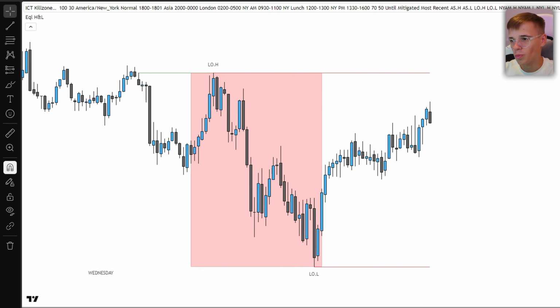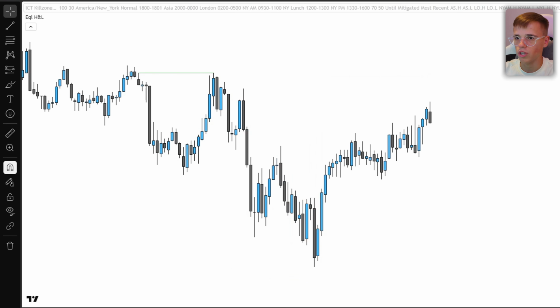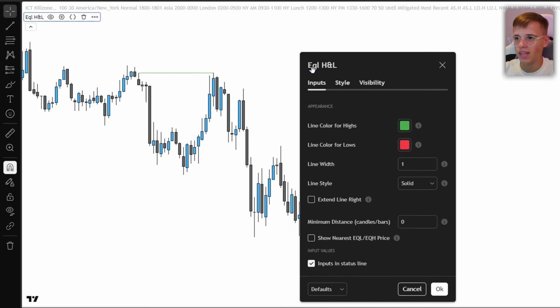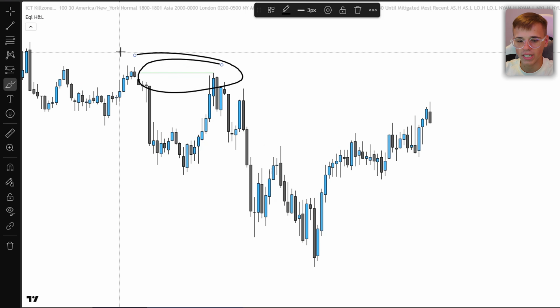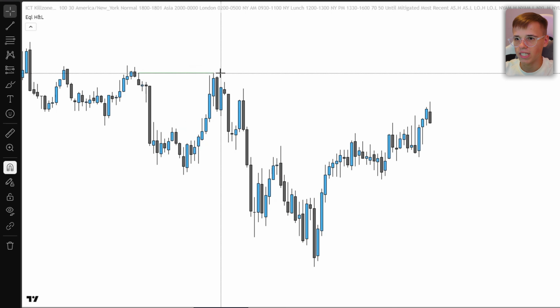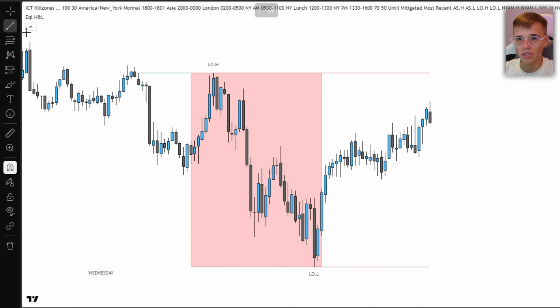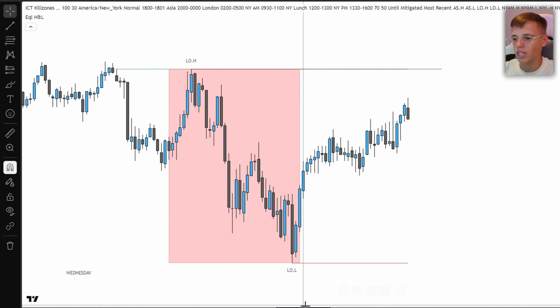And right now I'm going to drop you even more sauce on how to spot the eagle highs and lows. You can see that we have a London indicator and session indicator turned on, so I'm going to turn it off, and we have this eagle high and low indicator that you can also turn on. It is going to show you eagle highs and lows like this one in the market right now. So you can see that eagle high is the same as London high, so this is going to be a huge liquidity that needs to be taken, and let's just wait to see what happens.